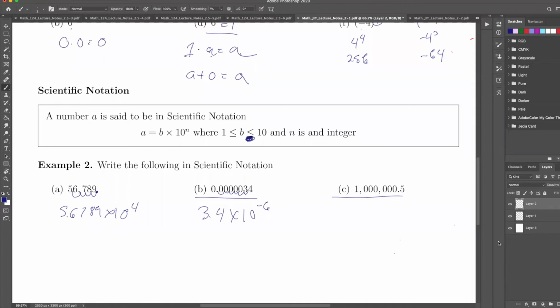How do you know how many places to move the decimal over? We want to make this a single digit, a single digit dot something, right? So here I'm going to move it over 1, 2, 3, 4, 5, 6, and that will give us 3 point something. I want it between 1 and 10, but not including 10. Here I'm going to move this way, 1, 2, 3, 4. So basically, you're going to move the decimal point